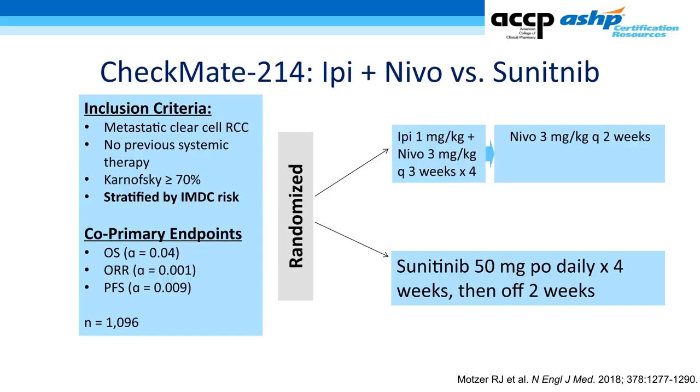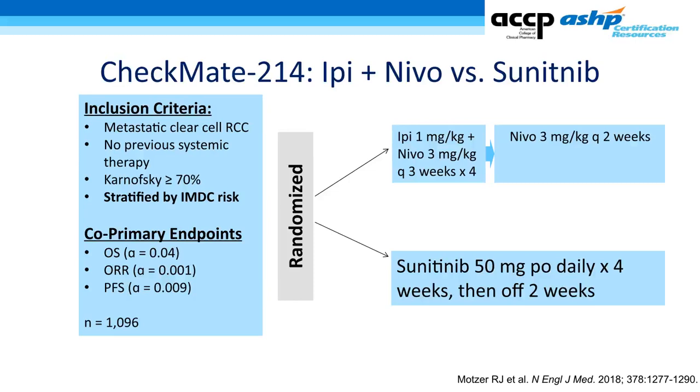Let's talk CheckMate 214. This is the combination of ipilimumab plus nivolumab versus sunitinib in the first-line setting. These were patients with metastatic clear cell renal cell carcinoma, no prior treatment, Karnofsky performance status 70% or above, stratified by IMDC risk. So they did make sure they had equivalent numbers of favorable, intermediate, and poor risk in each arm. They had some primary endpoints that I won't get into, but this is a large study of more